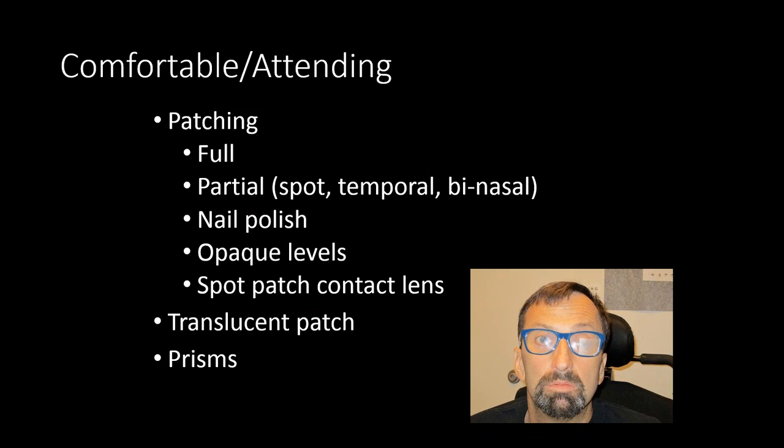So in the case of double vision, especially related to alignment, but this also helps for spatial perceptual coordination, the most simple thing we can do to help a person be comfortable and attend is to do some sort of patching. A lot of times optometrists or ophthalmologists will recommend patching, and patching helps take away one of the double images. So you can do full patching or partial patching,